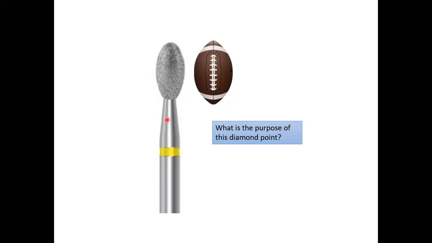And when you see the shape, it is more of a rugby ball or a football. So this is a football shaped finishing diamond point. This is used in the finishing stages of your palatal or lingual regions, mainly in the maxillary anterior palatal region. To finish those regions, you use this yellow banded